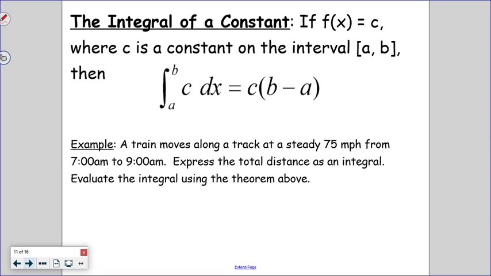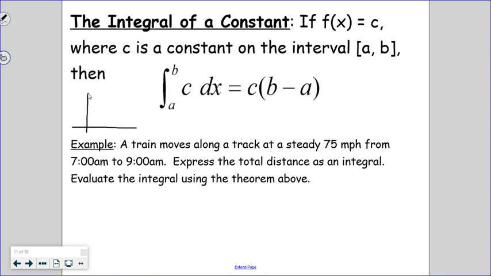What if the function inside of our integral is a constant? We do have a formula up here for how to evaluate that integral. It says that we would do the constant times the difference between the ends of our interval, b minus a. I don't necessarily have to remember that formula. We can still attack this geometrically. So while you guys are getting that jotted down, I'll show you what this would have looked like